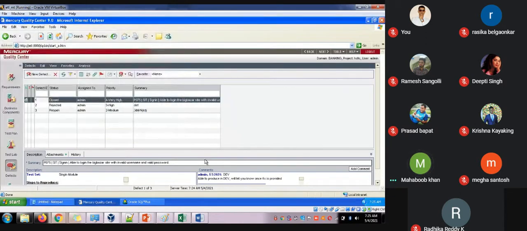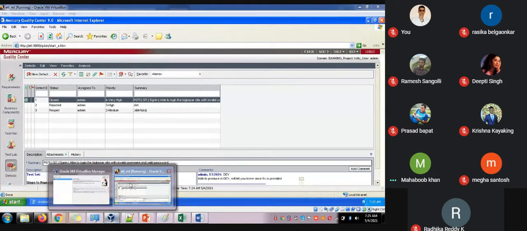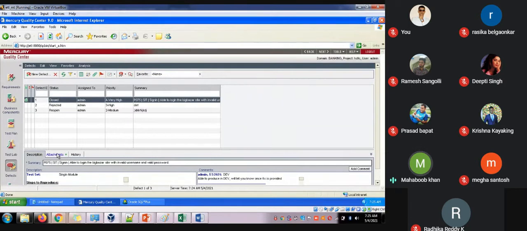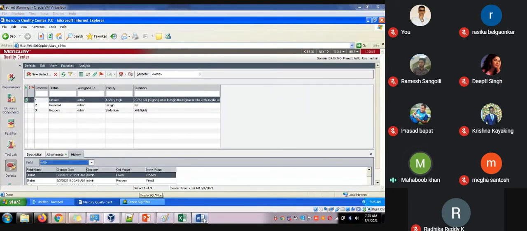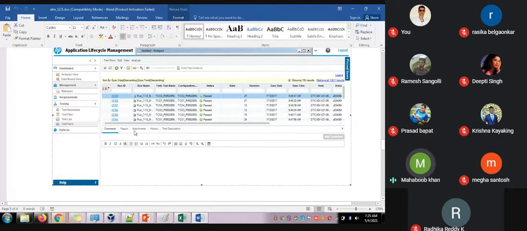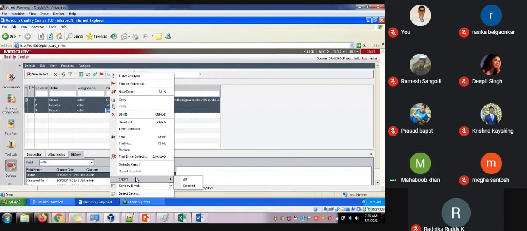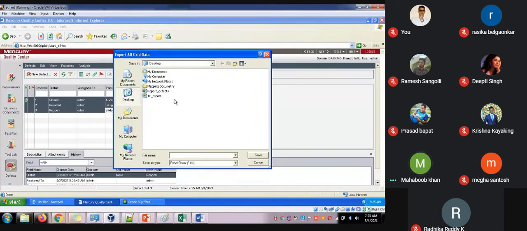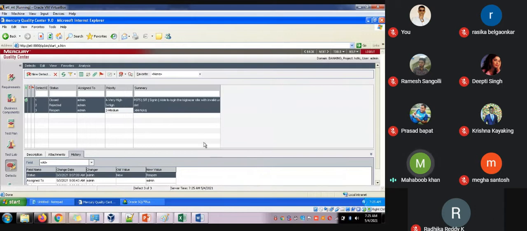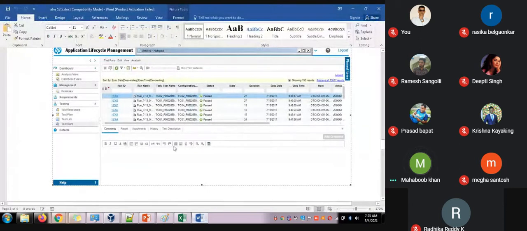When you see here, try to make the change. Attachment history, and now when you see here, a report is given, and test description is also given. When you select which type of description, we can find out. So select the same thing here and export. Go here and make the export, select all and export this. In the latest version, we can export this as a PDF as well.